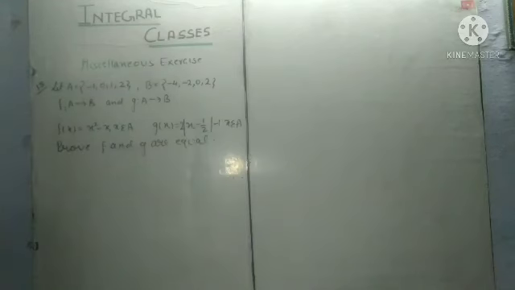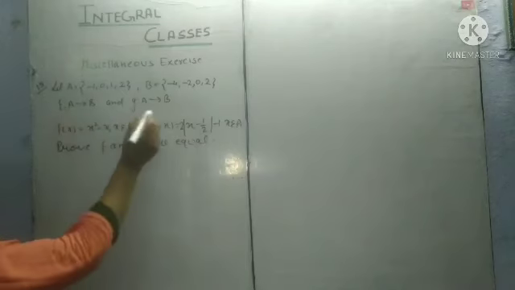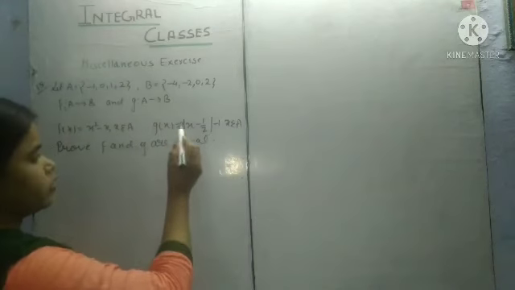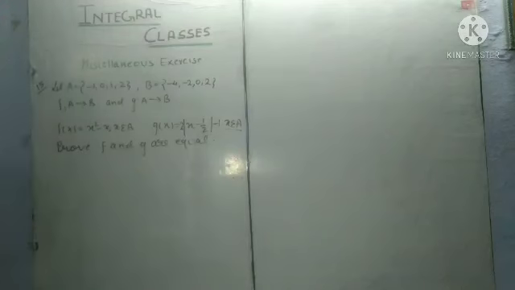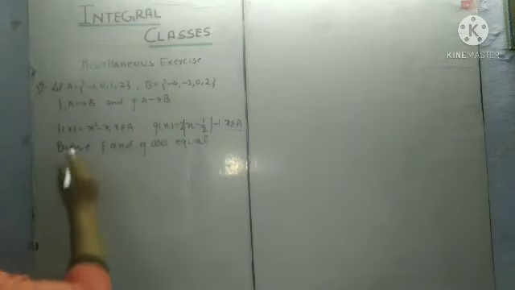So student, in question number 15, A and B are two sets, and f is defined from A to B and g is also defined from A to B. f(x) is given as x square minus x where x belongs to A, and g(x) is given as the absolute value of 2x minus 1 by 2 minus 1, where x belongs to A, and we will prove that f and g are equal. So student, for proving f and g are equal, we will consider here